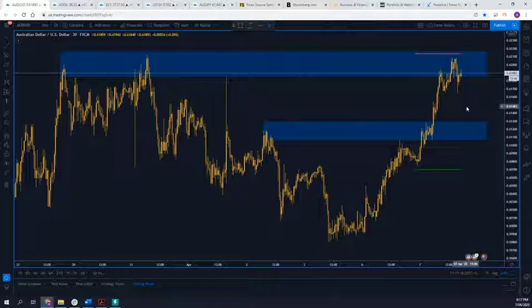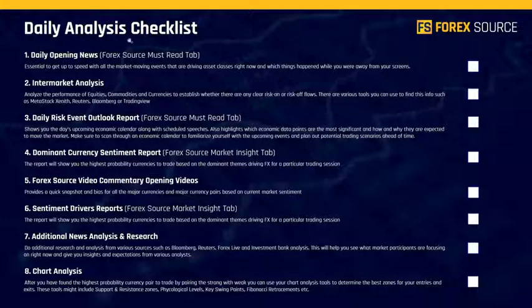What we do is we try and keep it simple. We use things like support and resistance and psychological price levels. Sometimes we'll use Fibonacci as well. We use the ADR to show us the highest probability volatility range for a particular currency pair. You can also use things like pivot points and moving averages. Any technical strategy that you feel comfortable with, you can use after you've decided which currency should be the strongest and weakest one in a session. So I hope that process, as well as this checklist, will help you to find those